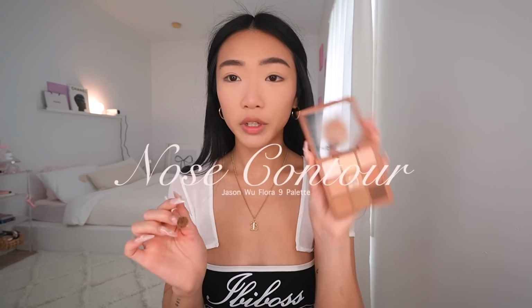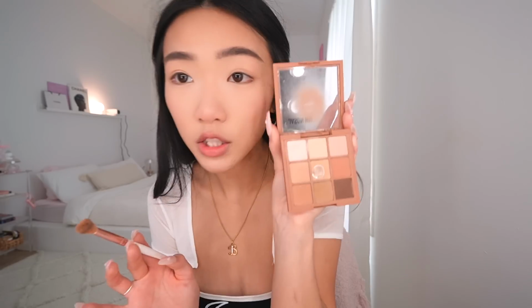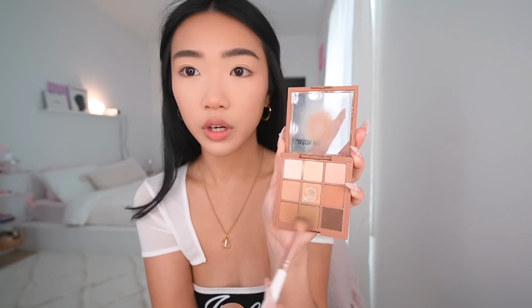Now we're gonna contour my nose. I love using my Jason Wu palette. This is in Flora 9, I believe. I always use this, okay? This is so good. I've literally hit pan on 2 palettes already, but we're gonna use this middle shade. It's such a cute light brown, okay? I'm gonna mix in with the lower 2 colors here, and this is just the colors I use to contour